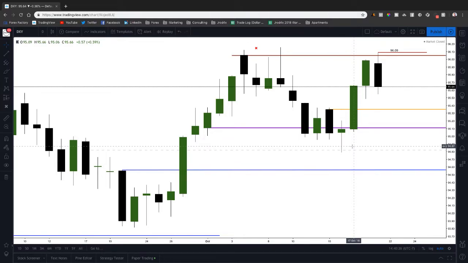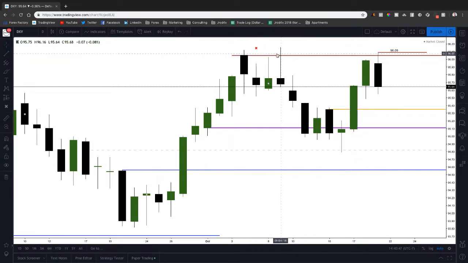but nonetheless, you guys can see the significance of using those daily and weekly levels, as how much support they provide versus using something like maybe a 15-minute or an hourly level. So from the actual level itself, 94.80, we've seen dollar index end up pushing up about 120 or so pips,